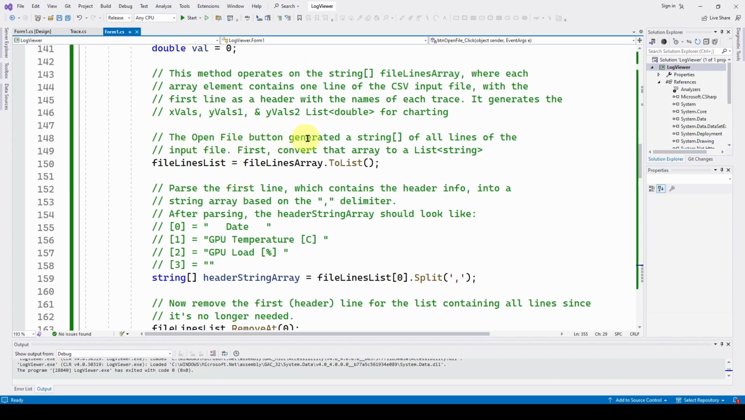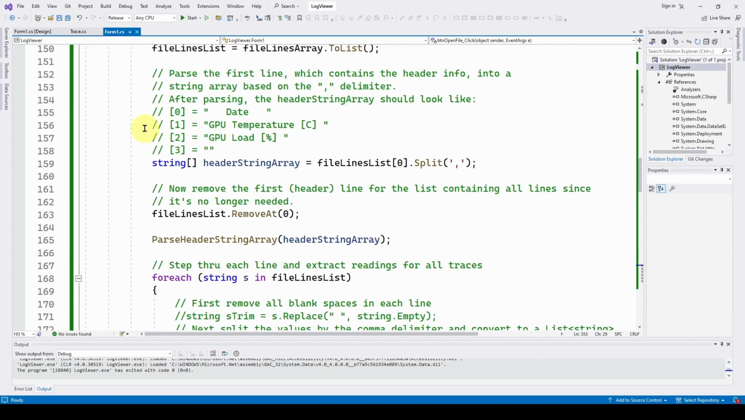So the open file button generated a string array of all lines of the input file. First, convert that array to a list of strings. So we're taking file lines array and converting that to a list, and we get file lines list, which is a list of strings. So it went from an array into a list of lines in the file. Now we have to parse each line in that list,